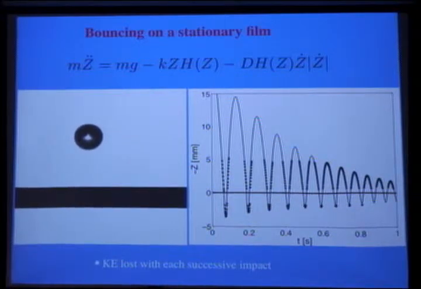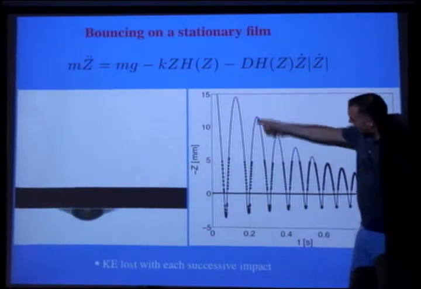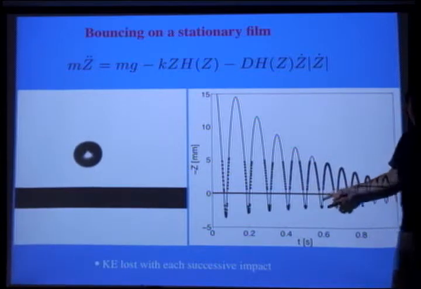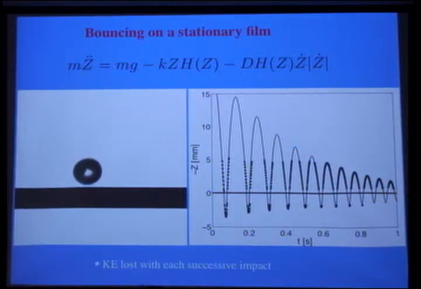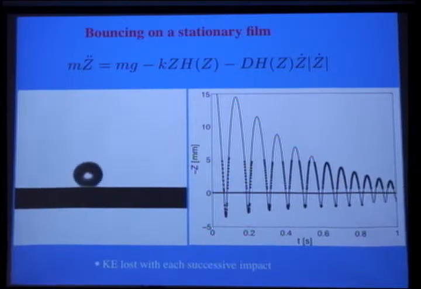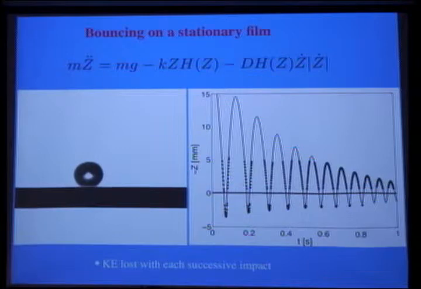So the fact that it's jumping in succession, the peaks of its jumps get progressively smaller. It's because there's energy being lost to dissipation, which is being modeled by this term here. Right? So it does a nice job. One can't help asking for much better agreement between theory and experiment. Of course, we've chosen our dissipation term to ensure that. Nevertheless, let's see what we can do with this now.